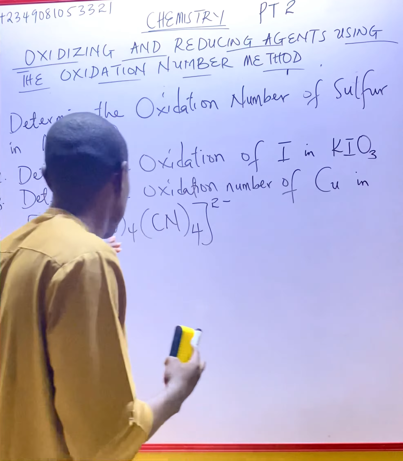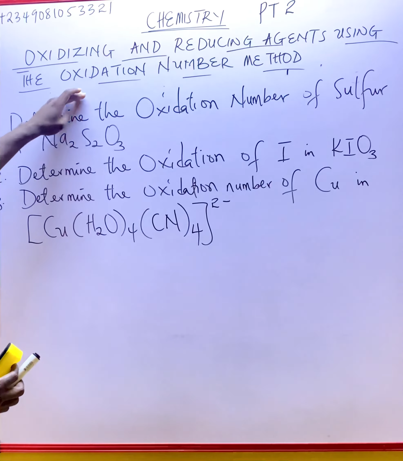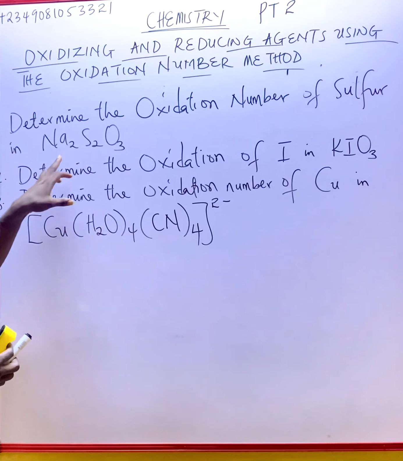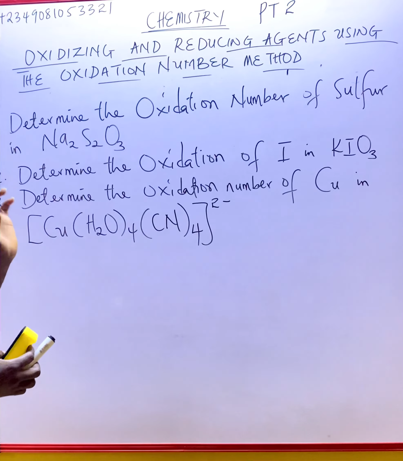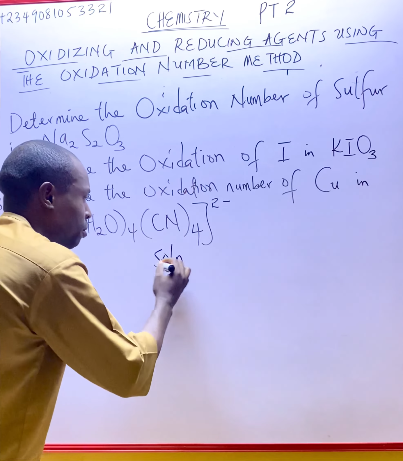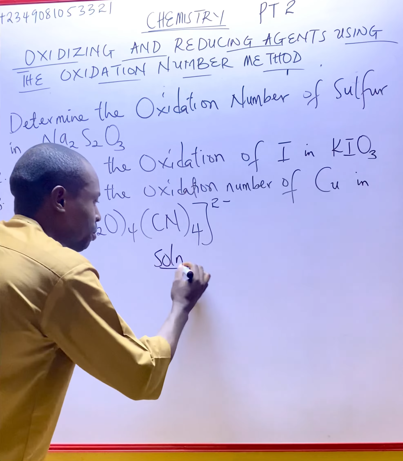Now, let us start with this simple question. The question says, determine the oxidation number of sulfur in sodium thiosulfate. It's a very simple question. Now, we'll do the solution here. Now, take note, it's simple. We have